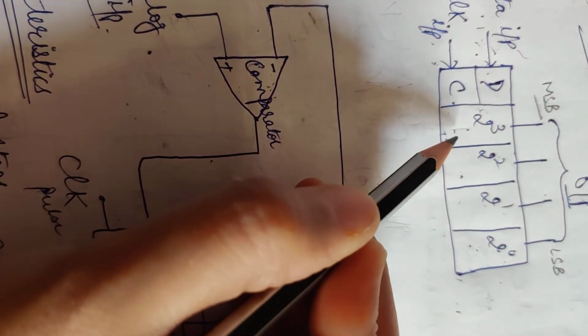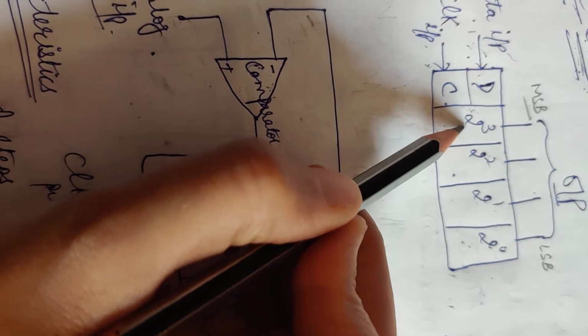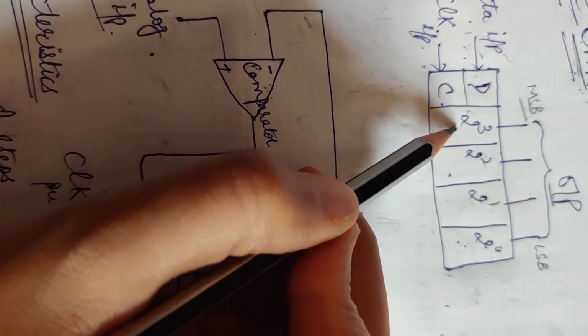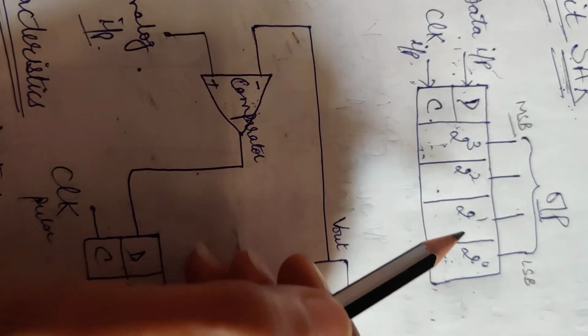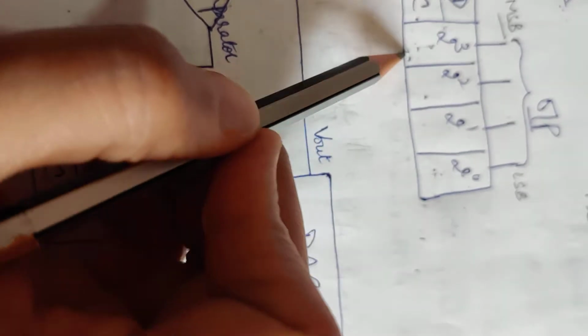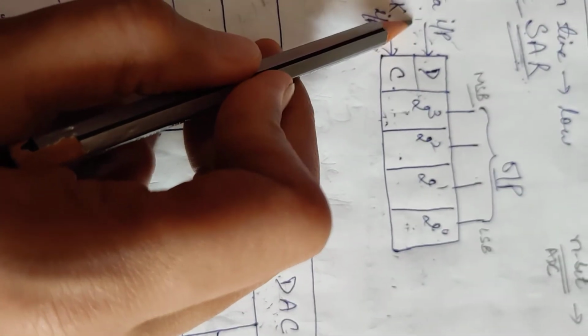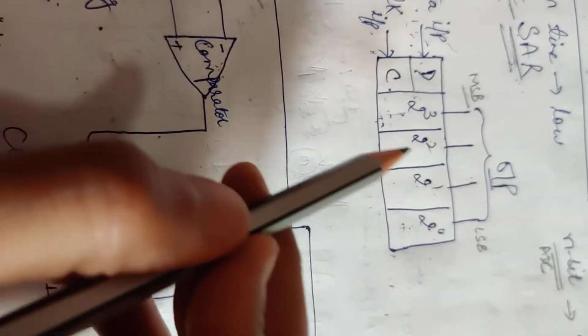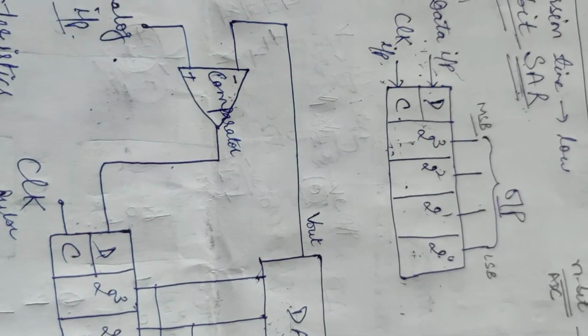In this, we have to assume that firstly we have to start with MSB. We make this MSB high and all other inputs low. So we make the inputs high one by one starting from MSB, and according to the data input, that particular bit is set or reset. If the data input is 1, that bit will be set, and if the data input is 0, that bit will be reset.